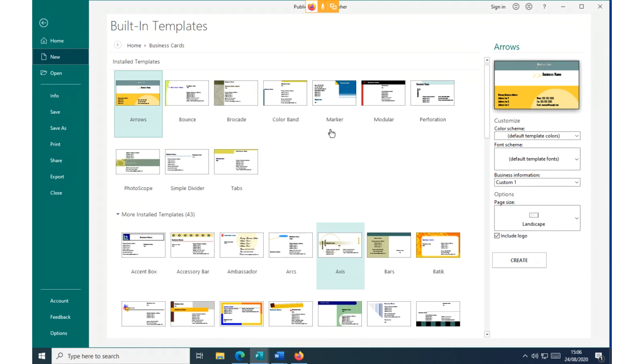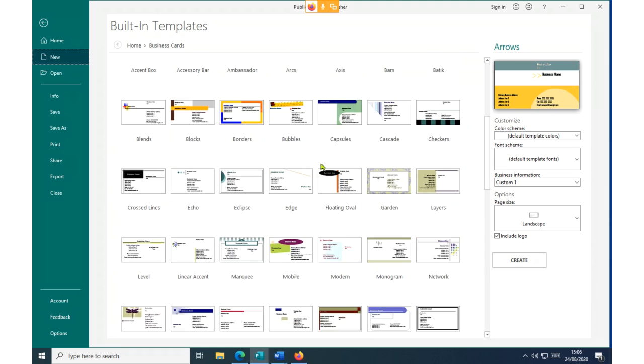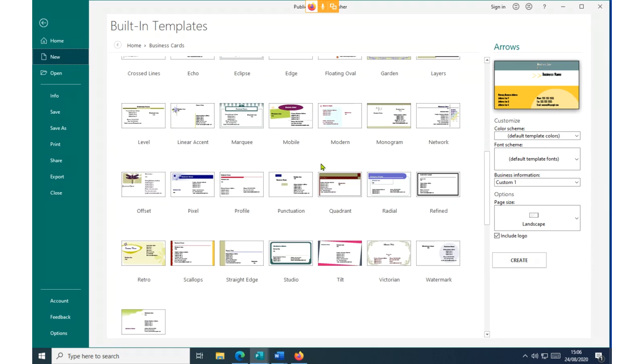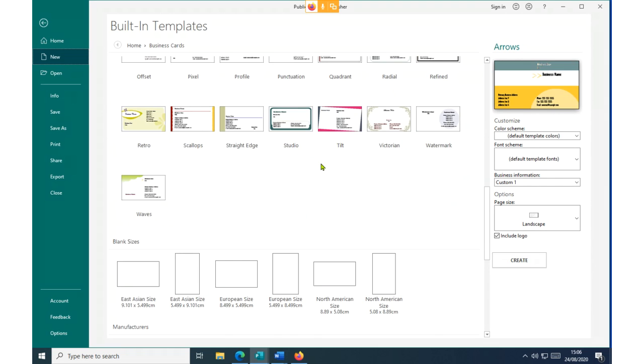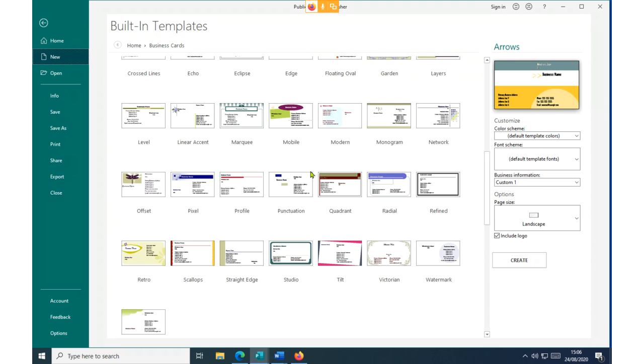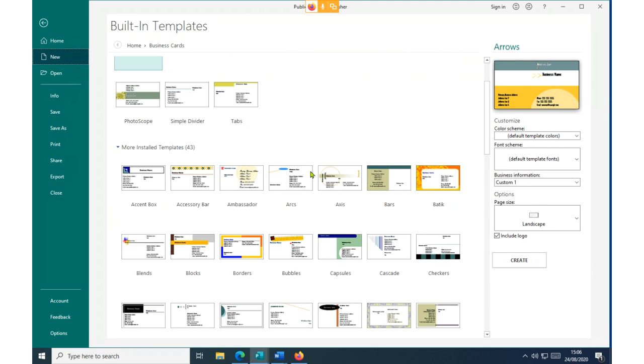They're all here, but remember, as advancement comes in, you find that you are given more of these types of designs. They are quite a number, and you can even have the blank size. The blank size enables you to design from scratch, like what you have done today with a blank brochure. So once you pick one, let's say you pick this one, then click Create.